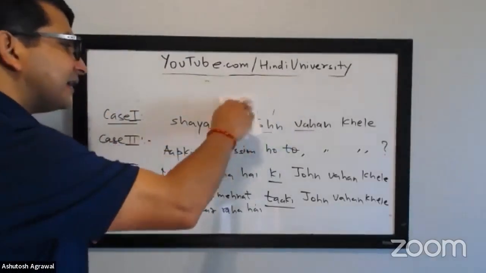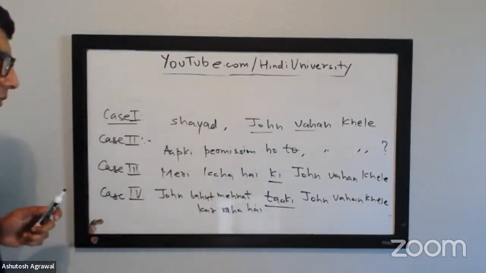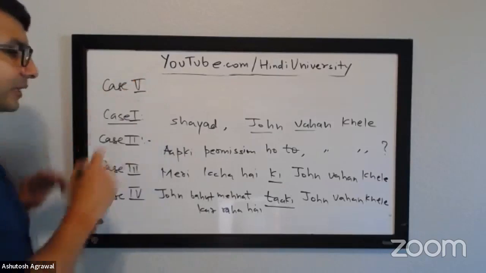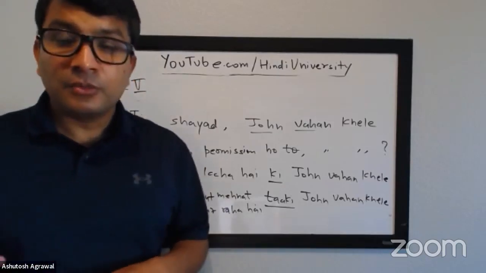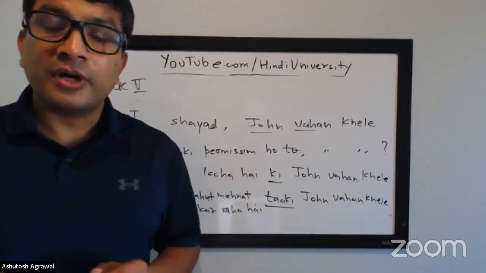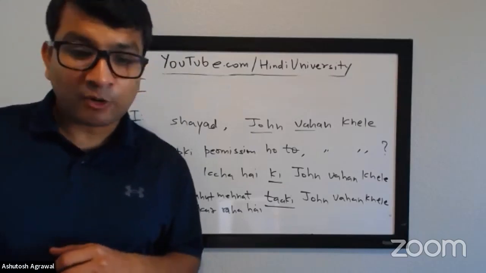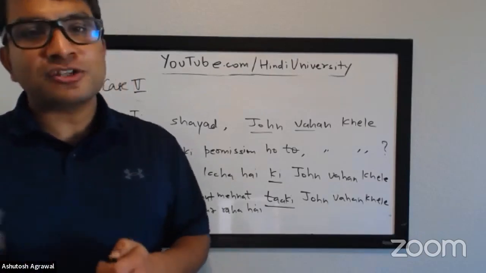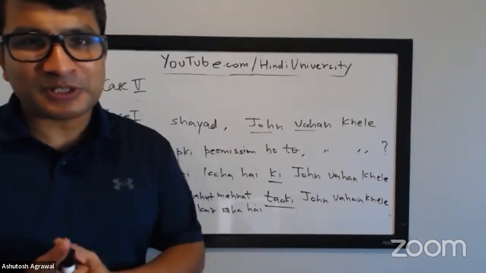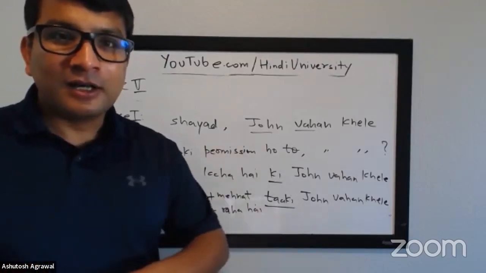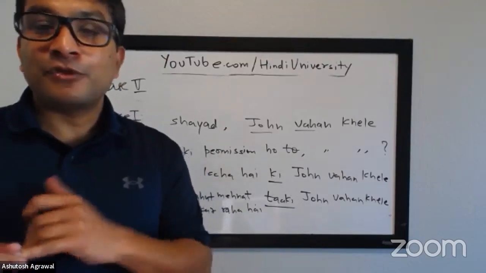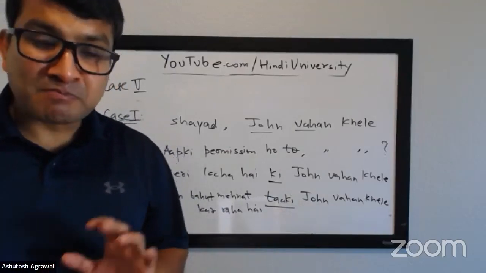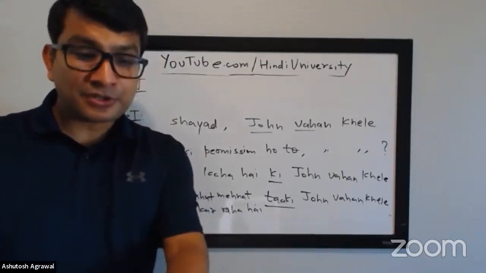Now the next one, case number 5, you want to give a command. Typically, when you give a command, you can use imperative, game khelo, or wahan jao, or wahan jaiye, or wahan jaiyega, or wahan ja. It's based on how much respect you want to give to the person. Very polite, game kheliega, versus totally impolite, game khel. But this is still a direct command, you and the person.